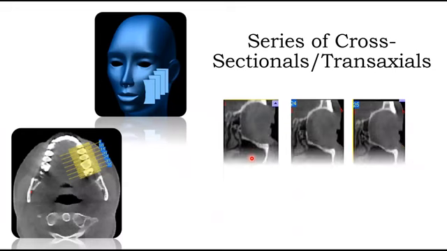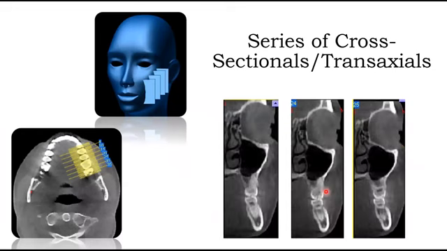Just a note, the cross-sectional images or the transaxial slices of an area can be developed with as little as 0.5 millimeters to 5 millimeters thickness of spacing between images for minute assessment of the area of interest.